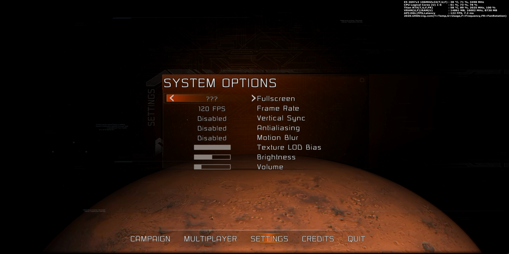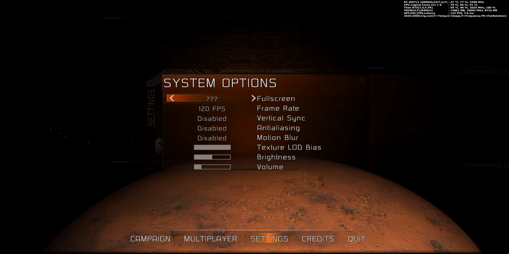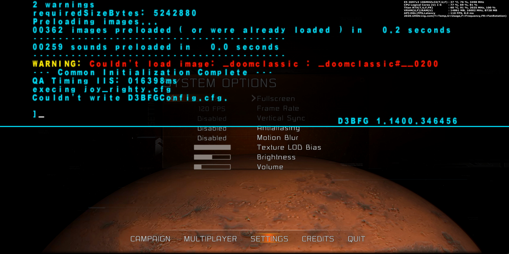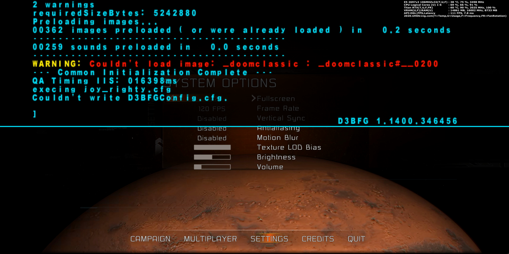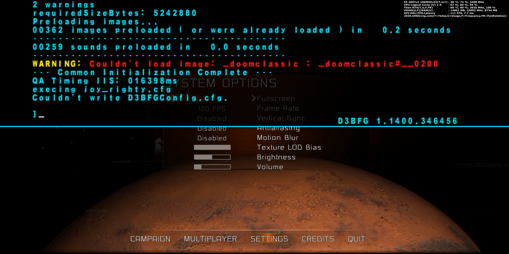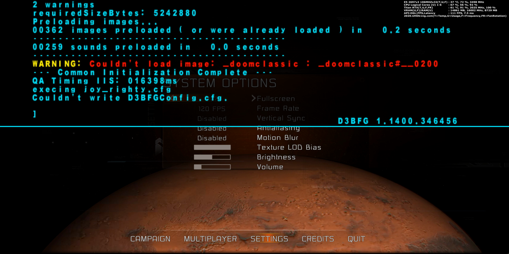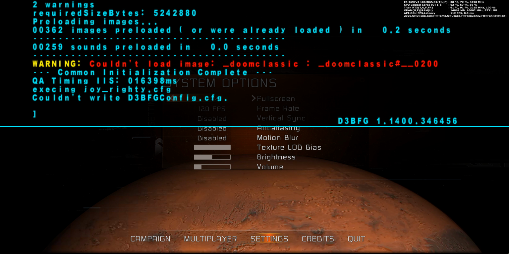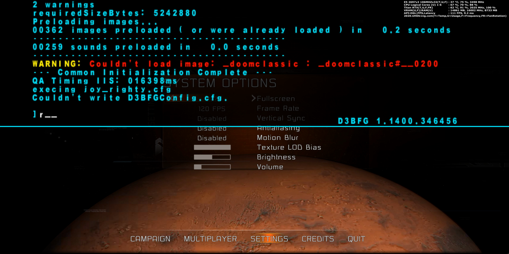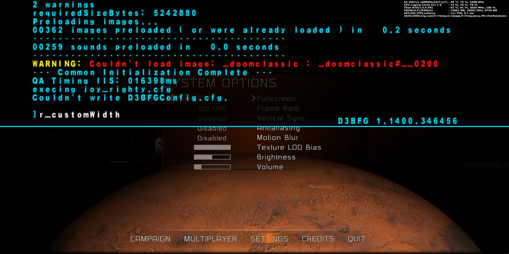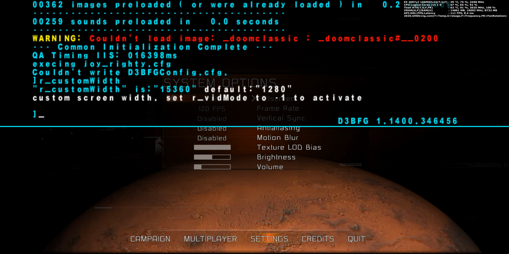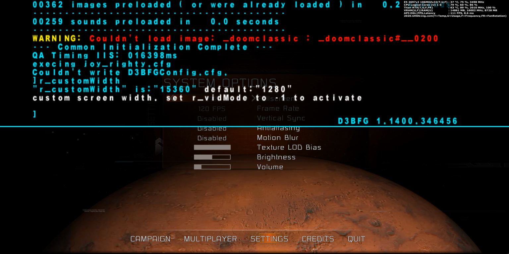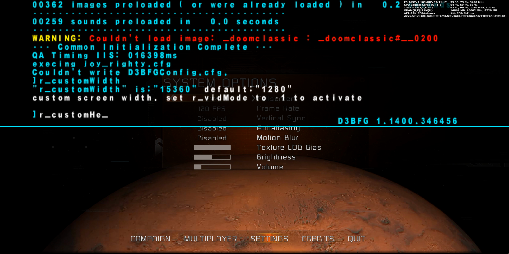Okay, so as you can see, it's full screen, but it doesn't say the resolution. Let me bring up the console. I enabled the console in Steam. Go ahead and learn how to do it through Google: allow console 1. You have to do it, otherwise the console is not going to be enabled in Doom 3 BFG by default. You enable it in Steam. I'm using the Steam version, but let me real quick show you the custom width command, r_customWidth. As you can see, default is 1280, but I'm running 15,360. And our custom height